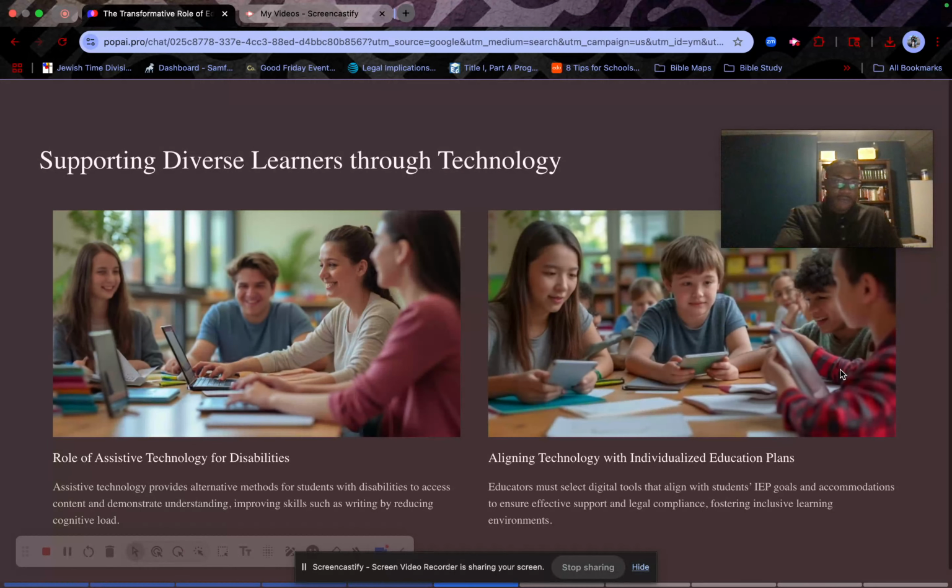Another thing about technology is that it allows the ability to support diverse learners through its valuable resources. So, for example, students with disabilities are now able to have access. Barriers are now removed. And I think that is very key and very positive, because it allows for inclusion and it just doesn't assume equal readiness.